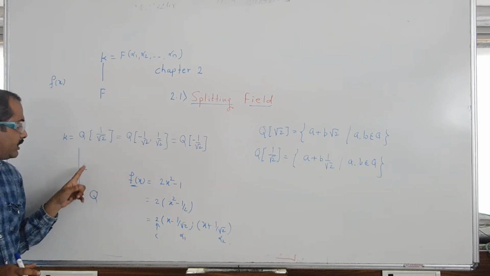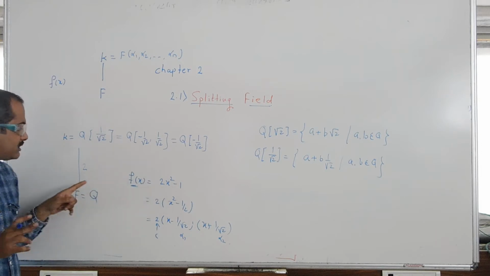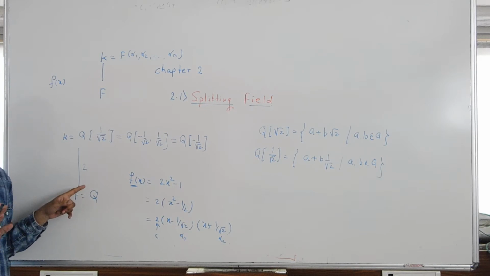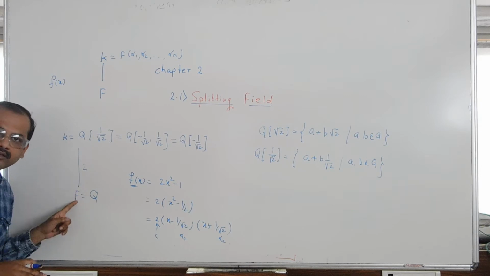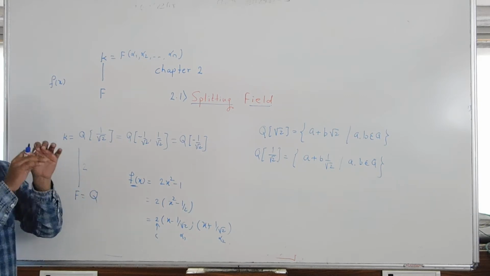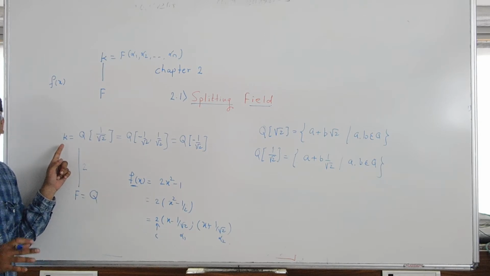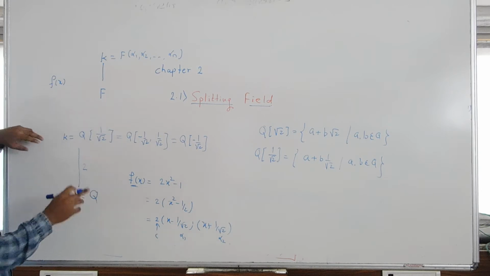Next condition, it gives you a finite extension, because once you have degree n, what is the maximum extension degree? n factorial. This degree is maximum n factorial. Okay. n factorial is a finite number, so this becomes a finite extension. And once you have a finite extension, it is an algebraic extension. We have seen this in the previous chapter, in the algebraic extension chapter. So how to read this?